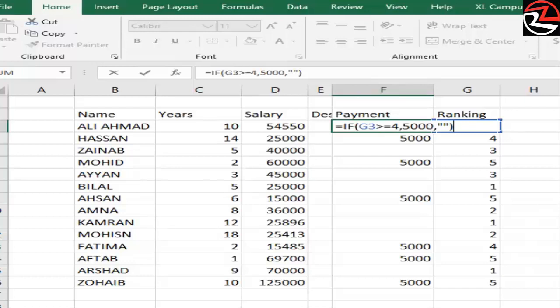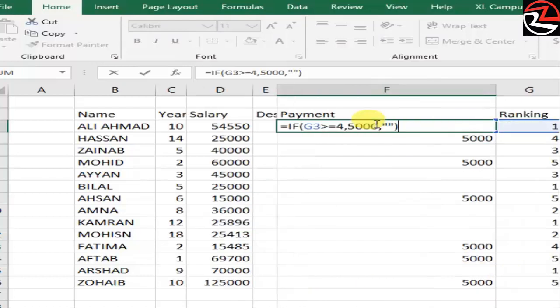If the company has decided and says that okay, we will also pay who have job ranking 3, equal to 3, we are going to pay, let's suppose for example, 3,000. So we can use this formula like if G3 is greater than or equal to 4, then we'll pay 5,000 and copy this, and G3 is equal to, we are going to copy and write here to use if in